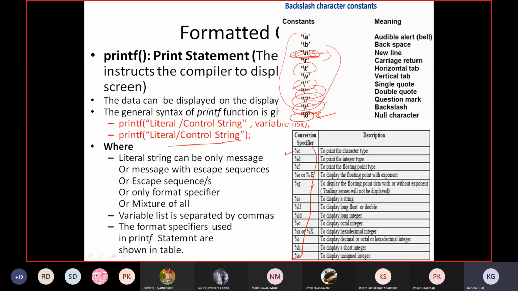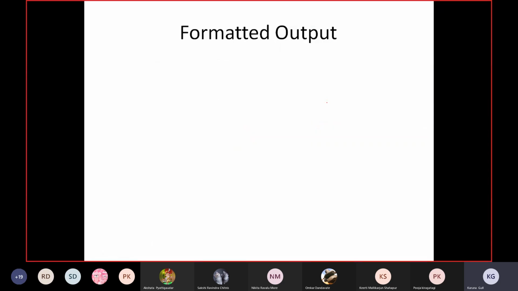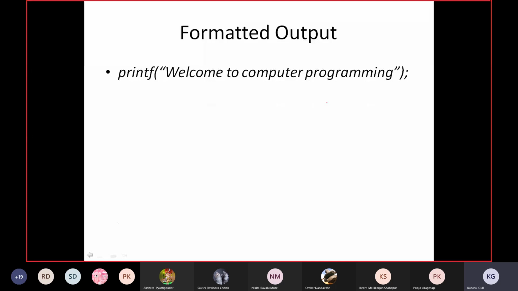Okay, this is something related to the printf statement. So we'll go ahead with some examples. Look at the examples that we can quote here. This is the control string that we have over here, so I have only the message: welcome to computer programming. This is one simple statement that I have written. If I use this inside my program, it is going to display this